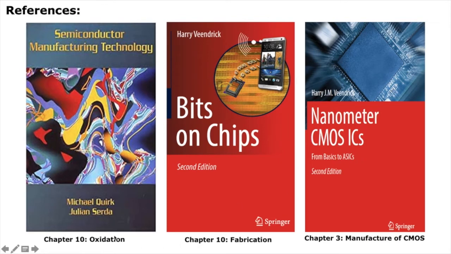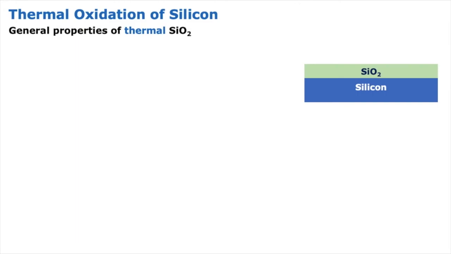Essentially, my plan for today's discussion is to talk about oxidation, and then how you use this oxidized silicon dioxide layer for the fabrication of devices, and how it is used in the most advanced CMOS devices, which are part of the IC. So all three reference books are very important. Now,